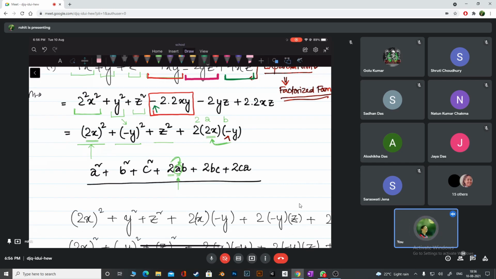Compare. I'll show you one more time. See, this is plus, this is plus, this is plus. This is the plus, this is the plus, this is the plus. Yes or no? Yes, sir. Then what should I have in the formula? After this plus, we should have twice of a, and then I should write b. Check, this is exactly the same thing I've written here.